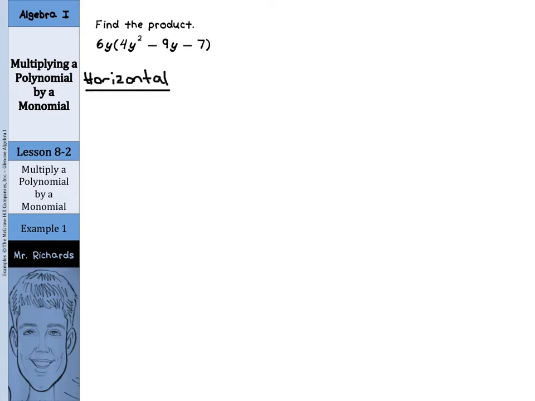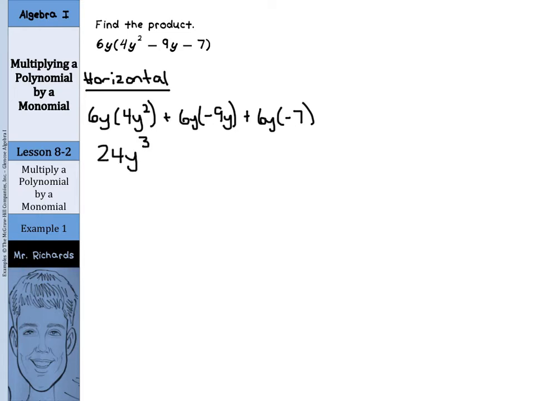And here we're going to take our 6y and multiply it by all of the terms on the inside, almost like distributing. So we're going to take the 6y and multiply it by 4y squared. We're going to add that to the 6y times negative 9y, and we'll add that to 6y times negative 7. Well, 6y times 4y squared is